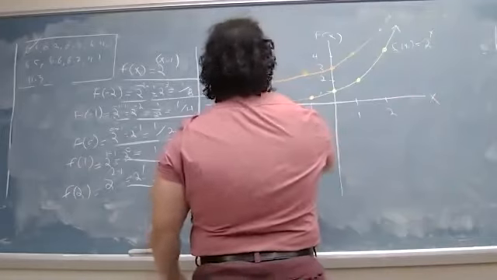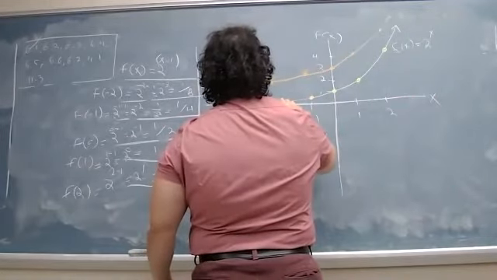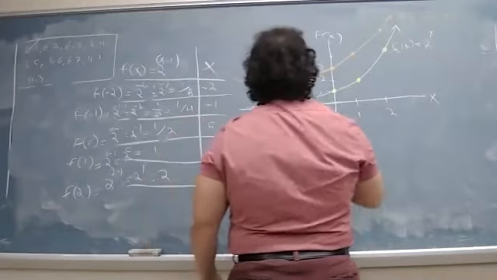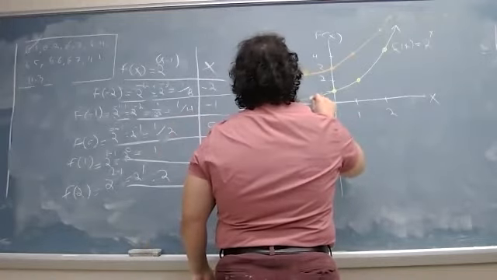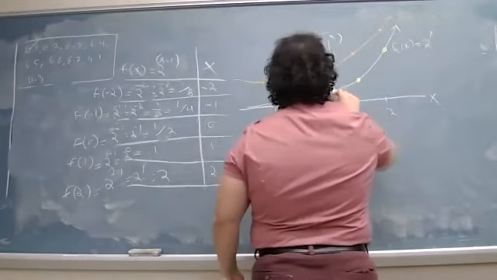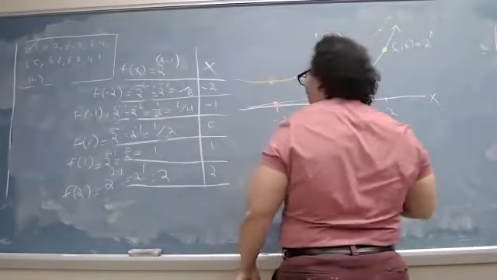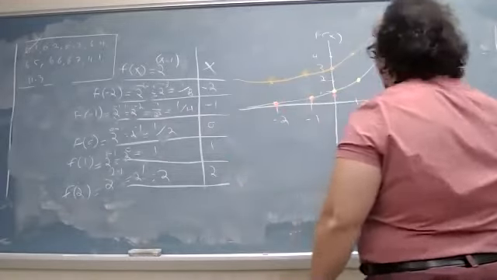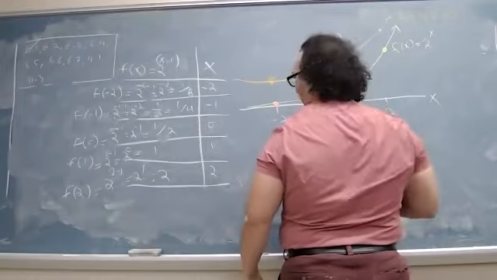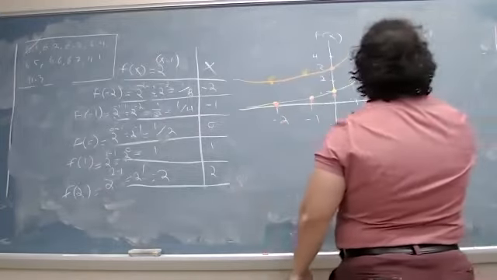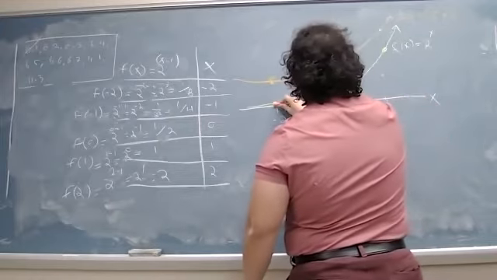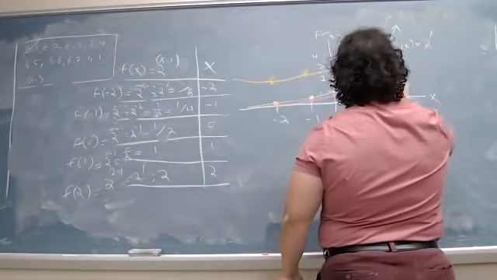At negative 2, we find a 1/8. We put a dot. At negative 1, we find a 1/4. So we put a dot. At 0, we find a 1/2. So we put a dot. At 1, we find a 1. And we put a dot. At 2, we find a 2. We put a dot. And what you'll notice here is when you connect the dots,